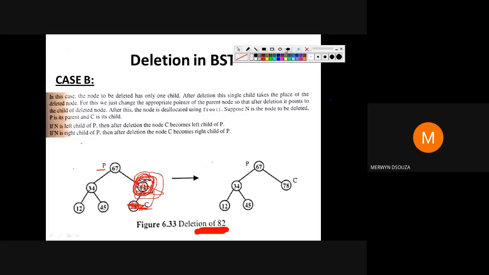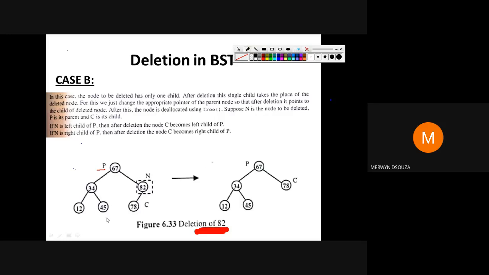I'll just explain again. Whenever you are deleting a node having only one child, copy the value of the child in the place of the node that you are deleting. Once you copy the value of the child, delete the child value from the tree.